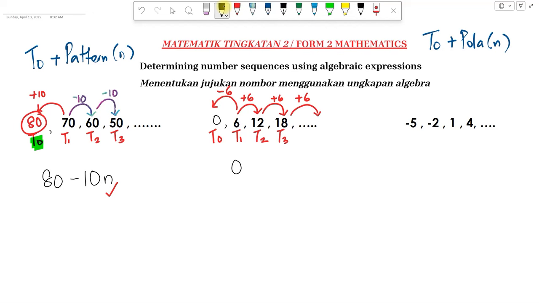And then what is our pattern? Look at our pattern. What is our pattern? Plus 6. So we're going to write here plus 6. Okay, and then right beside your pattern, what must you write? You must write the letter N. So we're going to write our letter N beside the 6. So this 0 has no value, so you don't have to write this down. So the only pattern here right now, the final answer is 6n, and that is your algebraic formula, right? The expression. Okay, let's look at the next one.